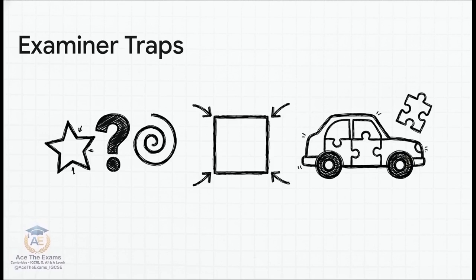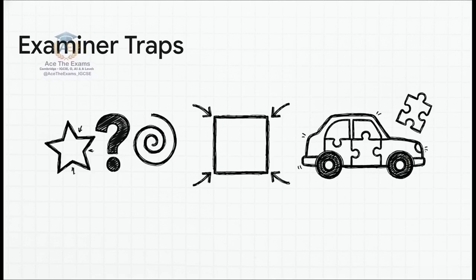Trap number 2, forgetting boundary conditions in edge cases. In both programming and in logic circuits, the real test is what happens at the extremes. What actually happens when all inputs are flipped to 1 simultaneously? If you don't actively test those edge cases in your written answer, your evaluation is considered totally incomplete.